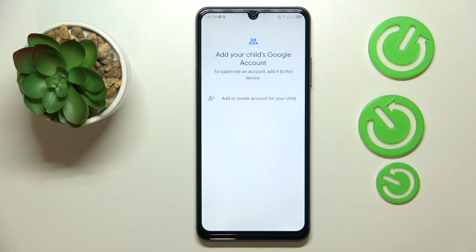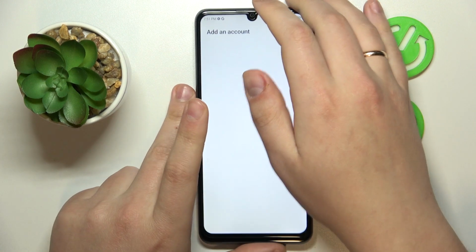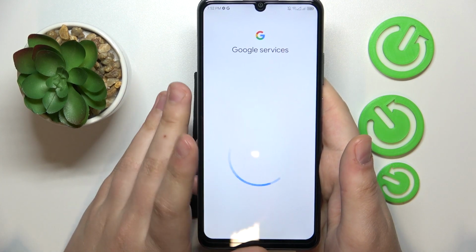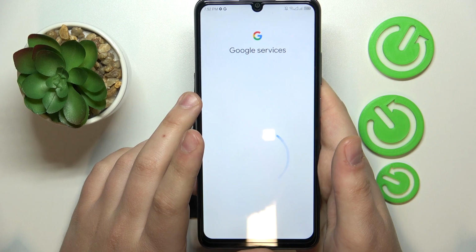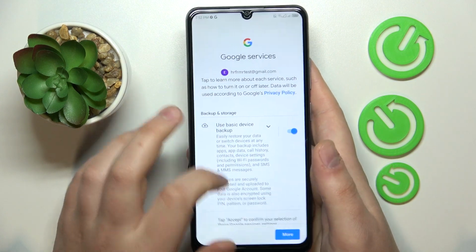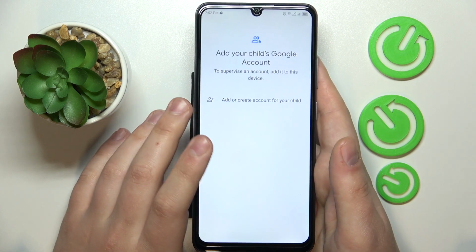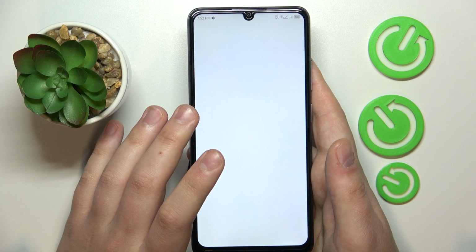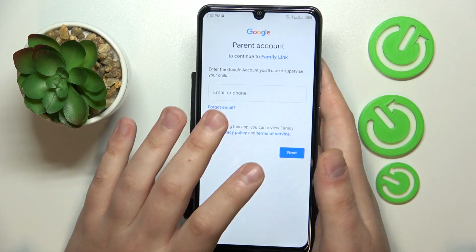Now you will need to sign into your child's Google account, so let me quickly do that off the screen. So continue logging in into the account as you would normally do. Then once the account was successfully signed into, select it from the list over here, and following step is to